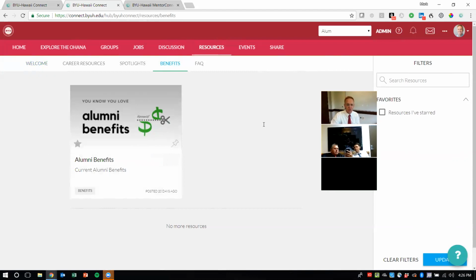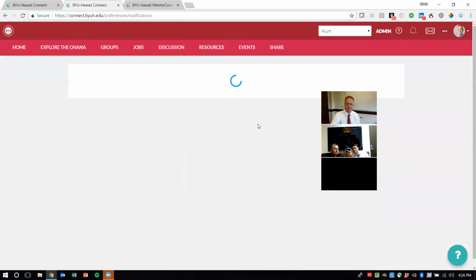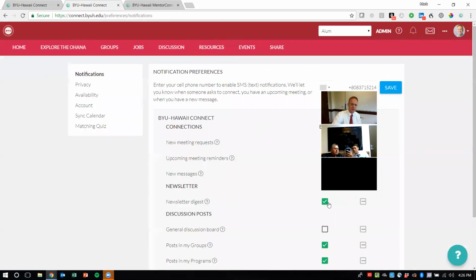Gail asks, can you auto set some of these on, like the newsletter, so they have opt-out versus opt-in? I don't know, actually, Gail. I think when people log in, the checkbox there under preferences is automatically set, and it's checked like that. So I'm not sure if people can opt in. I think it's set to opt out.